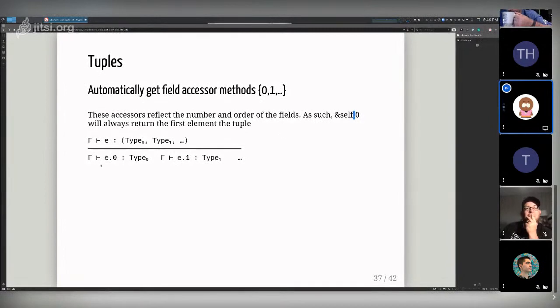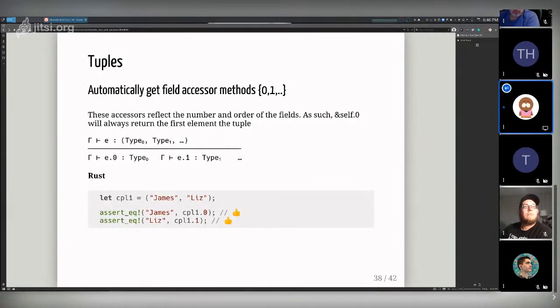What this is effectively saying is, if we have a tuple that has type 0, type 1, into infinity, we're going to call it E. E.0 will return the type in the first field, E.1 will return the type in the second field, and so on. And that's how the type system is able to figure this stuff out.